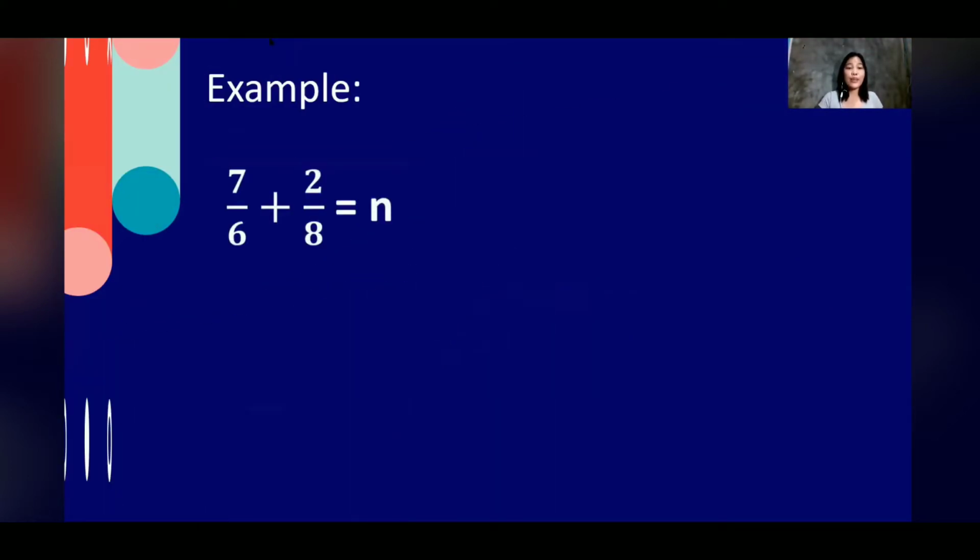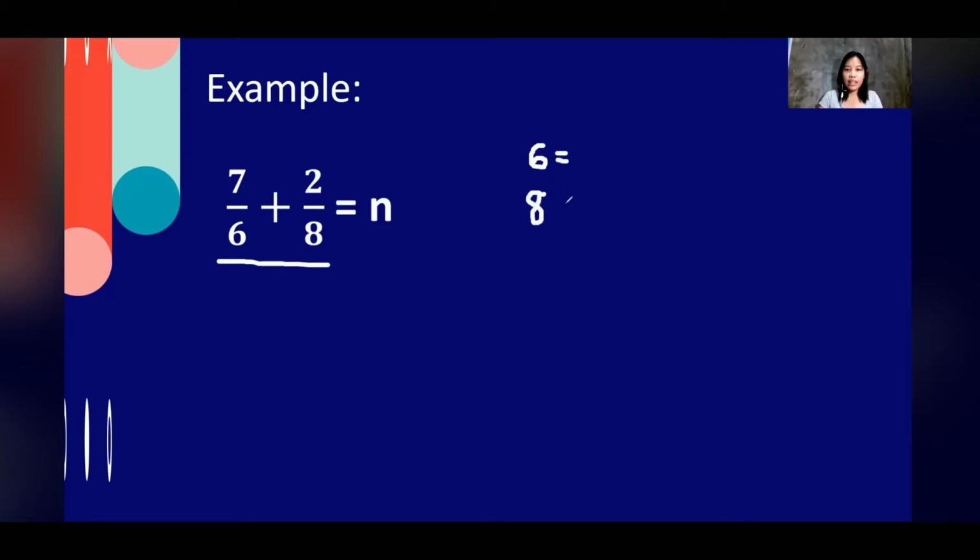7/6 plus 2/8 equals n. Here we have fractions with different denominators. So first step, we will get the LCD, or least common denominator. We will use the prime factorization. So we will list the multiples and then we will get the least